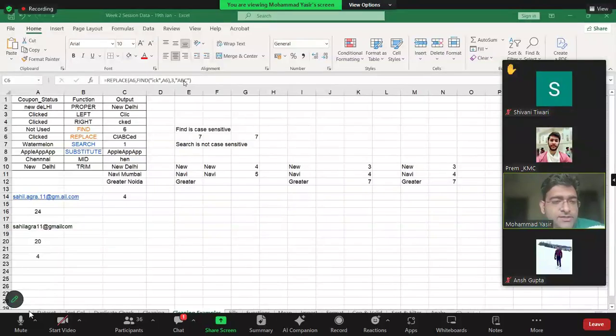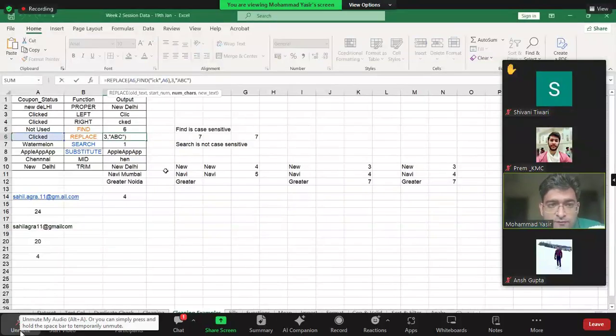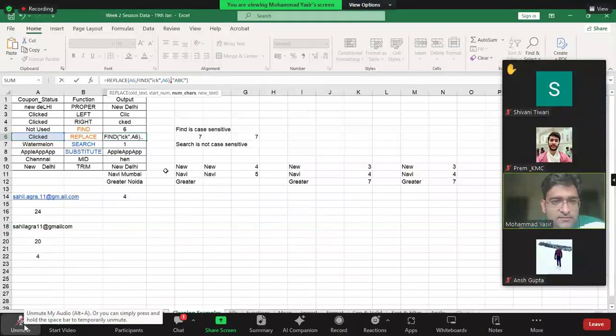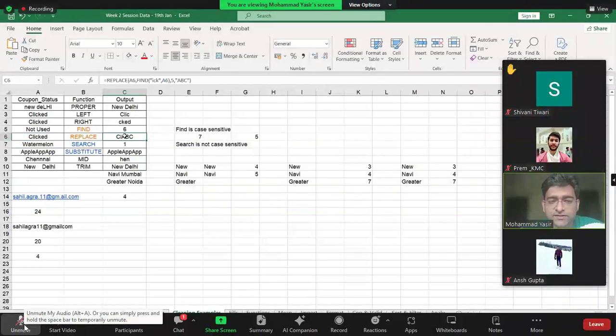Here you can customize whether you want to replace 3 characters or more characters. So let us say instead of 3, I said 5. Start from position number 3 and replace 5 characters by ABC. So what will it do?